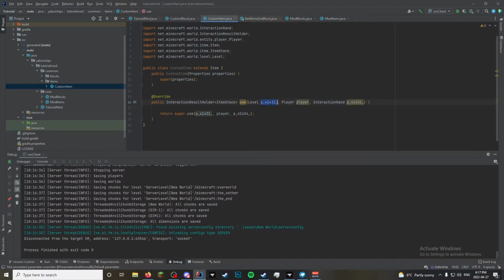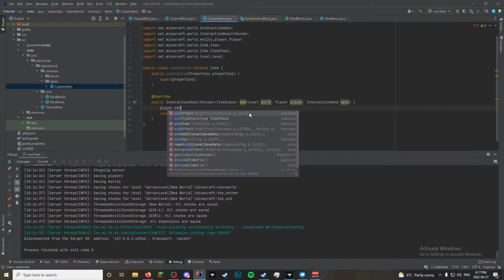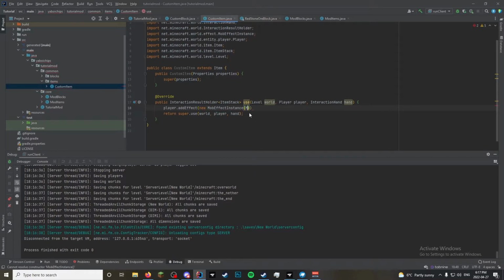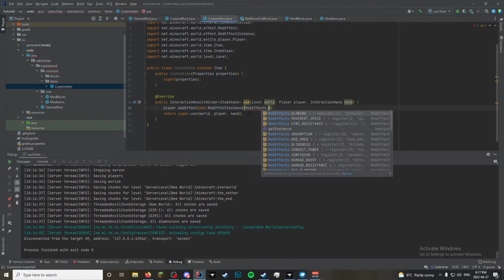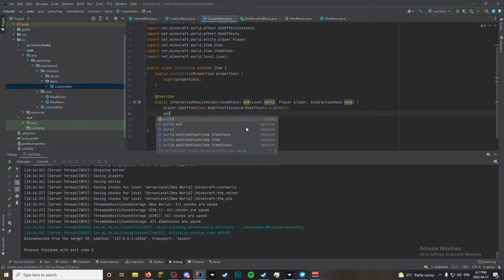We are going to, when you right click on this, it will player.add effect, a new mob effect instance, mob effects to get the list. Glowing. It'll make you glow. What we'll do is we'll do